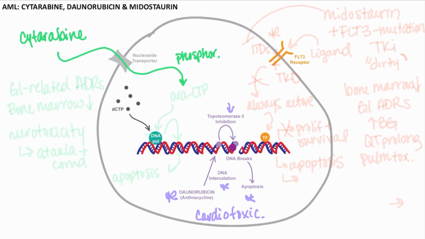to arabinosyl cytosine triphosphate, or ARA-CTP. And once in its active form, it can compete with the normal pool of dCTP, leading to the competitive inhibition of DNA polymerase and inhibition of DNA synthesis. But this agent can also be misincorporated into newly synthesized DNA as a dummy nucleotide, and this lesion may induce apoptosis